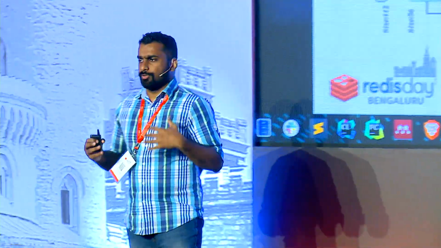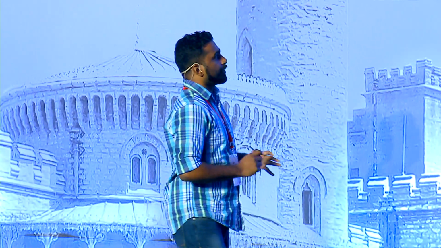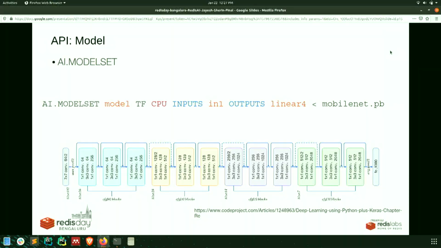Right, so I'm going to introduce you to the few very minimal APIs that you have available, which is good enough for you to do a completely fully fledged deep learning deployment. Let's start with model, right? Model is the most important part. For people who don't know how deep learning systems work, you have a model, which is, you probably have heard about this neural network thing. So that's a model, right? Then you pass an input to the model, you get an output, and you need a system to serve it to the world, to your users.